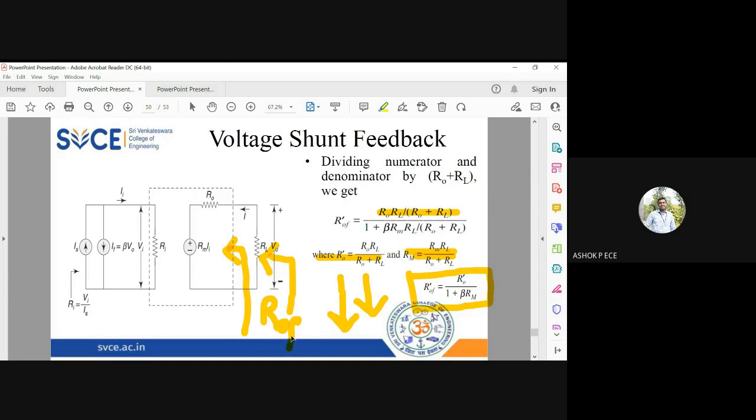When you don't include RL, it is going to be R naught F. These concepts you should not forget when we see applications. When you find R naught F and R naught F dash, this will be very, very helpful. You will be disconnecting RL and finding R naught F, and you'll be connecting RL and finding R naught F dash. So at that time, if you don't recollect all these concepts,